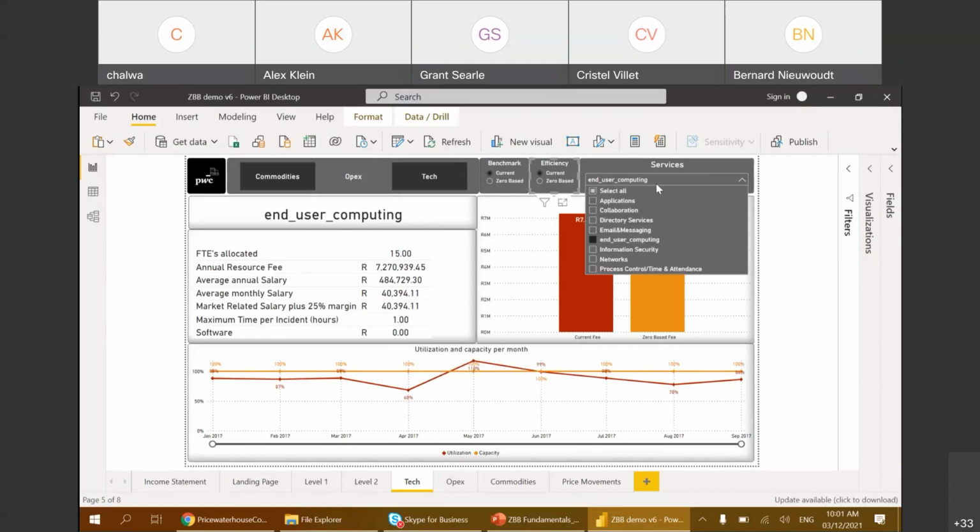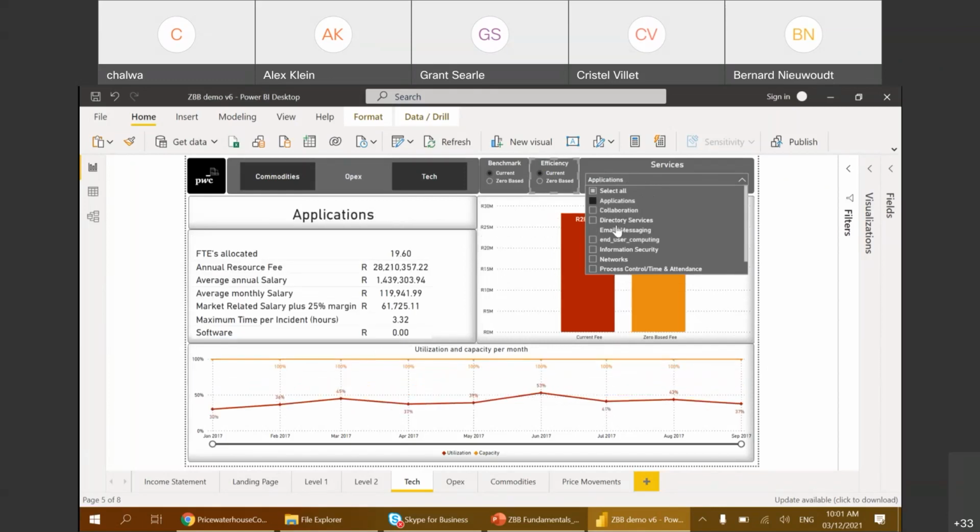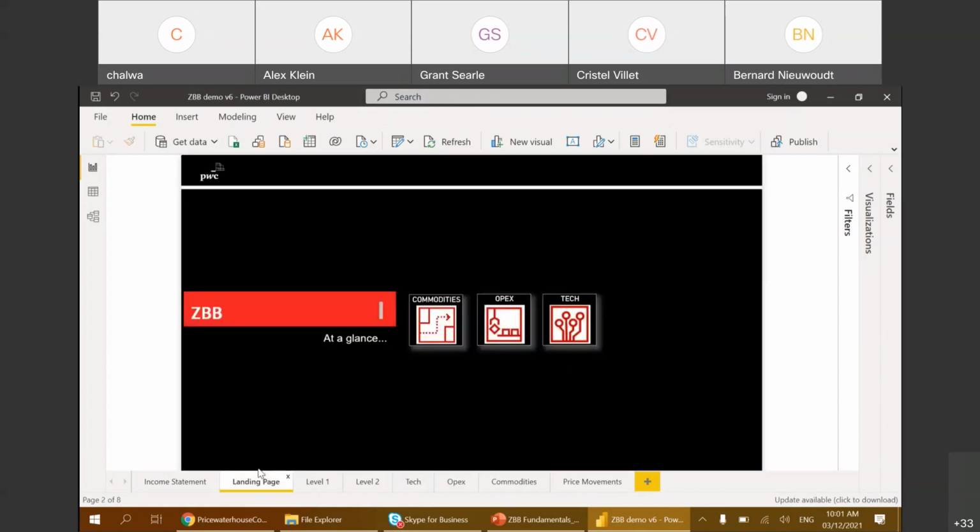And then you would do that for every area that is going to be relevant. But I'm just going to use these two examples for now, between applications and end user computing, because they're sort of on different sides of the spectrum. But yeah, that's about it. So I think that's what we wanted to cover from a practical example perspective.